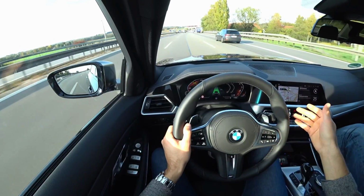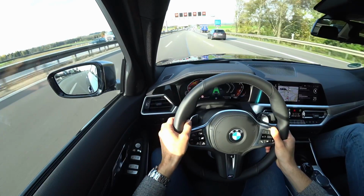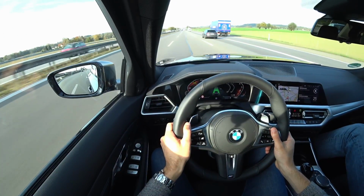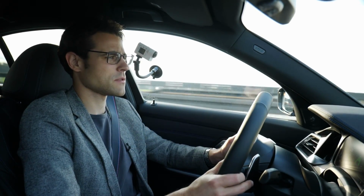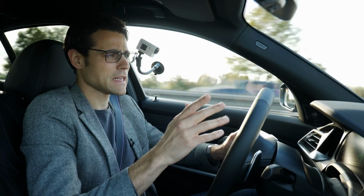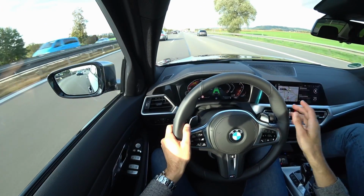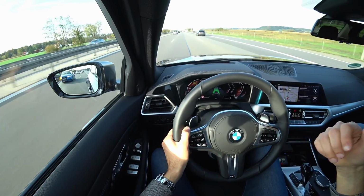And the autonomous emergency brake is of course standard equipment for a car like this. Also here at 120 kilometers an hour, or about 70 miles per hour, it's actually pretty silent in here, so very cozy. That's also something they have improved with this new 3 Series generation. And this engine, if you keep it steady like this, is also a good example of the minimum consumption. There you can score some 7 liters per 100 kilometers, which would be 34 mpg US, 41 mpg UK. Of course, if you hammer it a little bit more, then it rather goes to 9 liters per 100 kilometers,